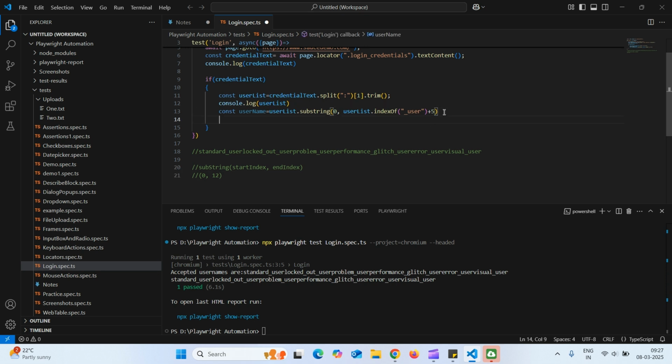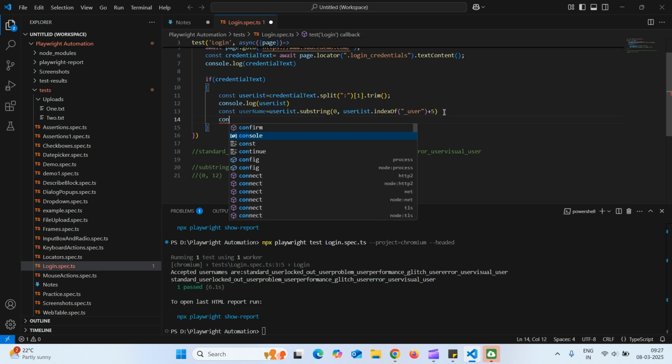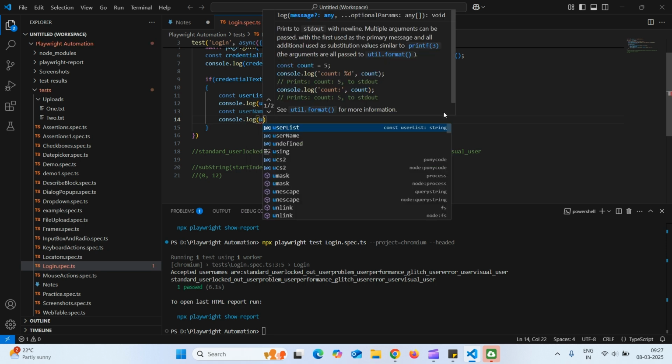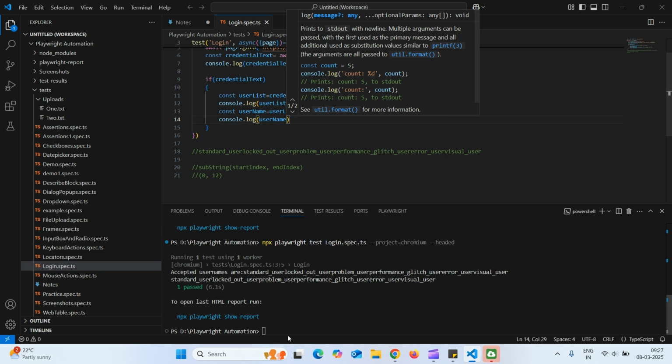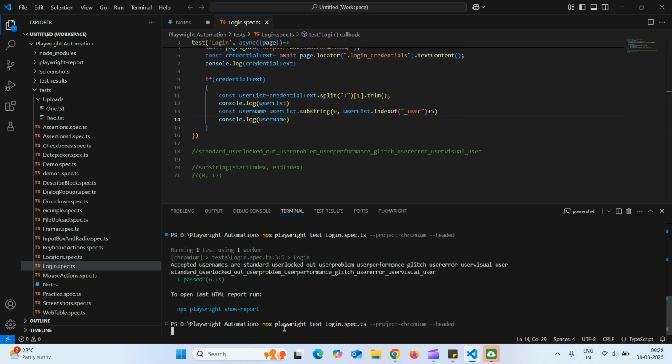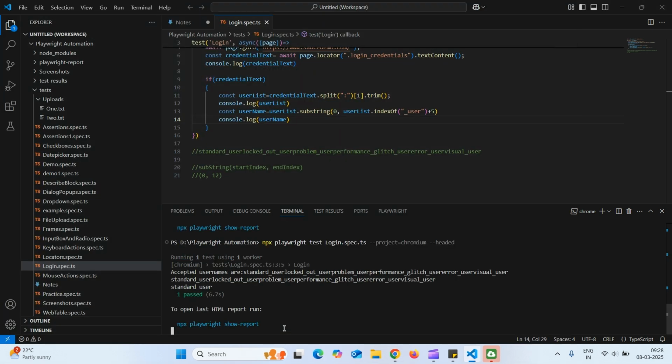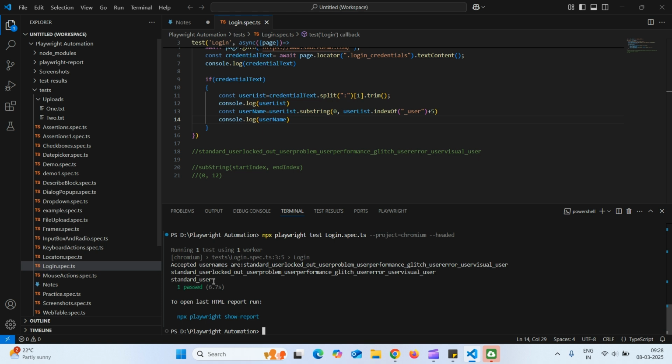Okay, so let us print and see. Console dot log username. Okay, so here we got the username. Now our job is to fetch the